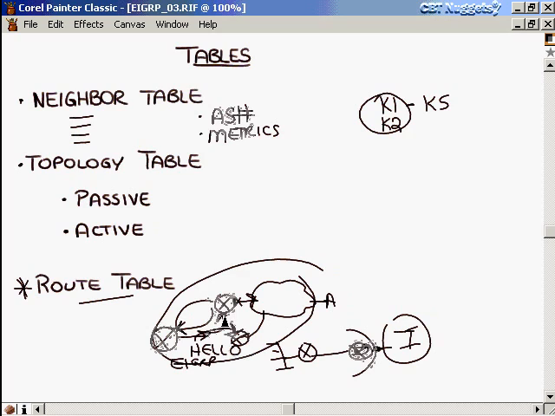So you can see already how we're going to allow for much faster convergence. No computation had to take place there to find an alternate path to that same network, even though we had a topology change or network down. Okay? Now, once we have this topology table fully populated, this is where we're going to use DUAL, the diffusing update algorithm that we talked about in the last whiteboard, to run all these metrics and figure out what the